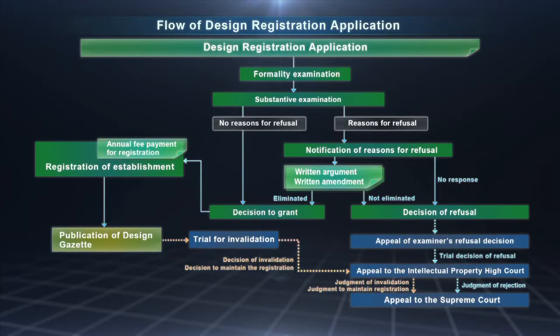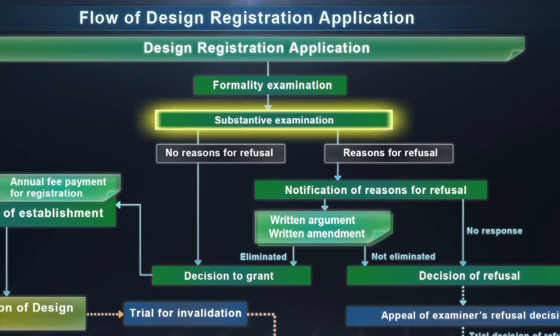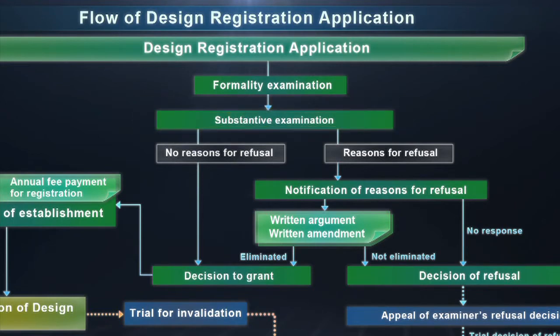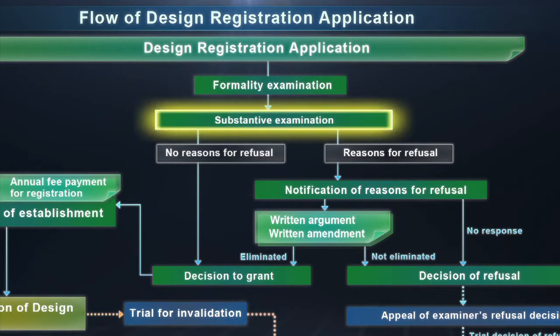In the same way as for patent and trademark rights, a design right can only be granted after an application document has been submitted to the Patent Office and a substantive examination has been carried out by an examiner. With a view to accelerating the acquisition of design rights, some states implement the policy of not carrying out a substantive examination. A policy of examination has, however, been adopted to stabilize design rights in Japan, where frequent conflicts after registration hinder the development of industry.